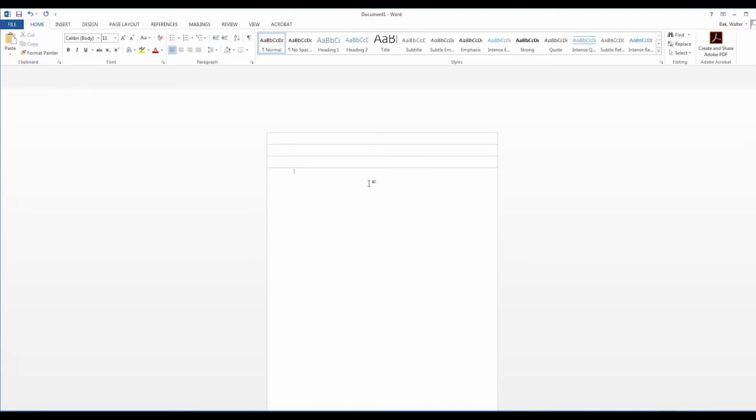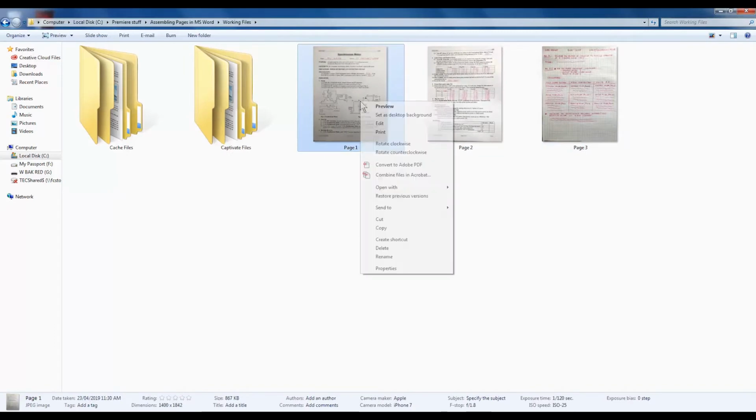Always create 1 extra page, simply because if you need to add anything extra after that, it's just much easier if you have that extra page already for you. Place the cursor where you want the first graphics to appear. Now right click, copy,